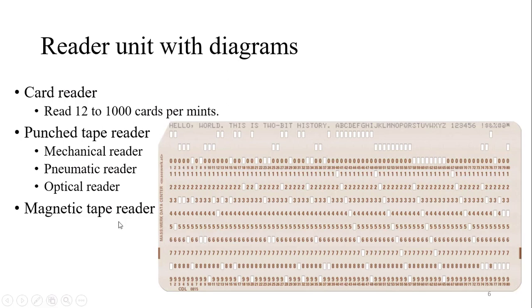Then there's a magnetic tape reader, which we are going to discuss now. Then the mechanical readers. You can see there's a punched tape. Instead of using a single card, we write the program on this long strip of paper. Punched card or punched tape, both are made of paper, a special kind of paper on which punches are made so that the data is written in that punch. Clear? So we need a reader which can read these things.